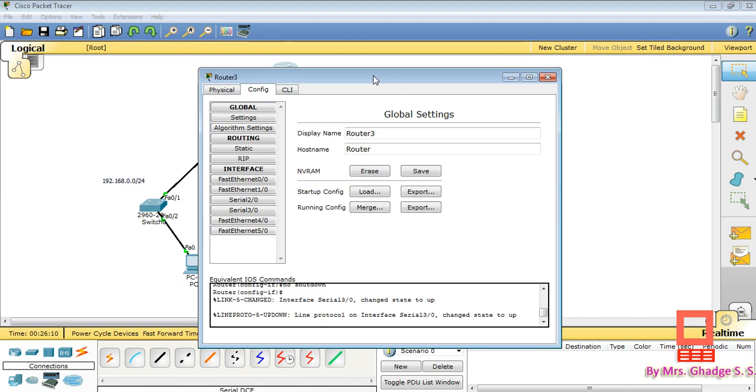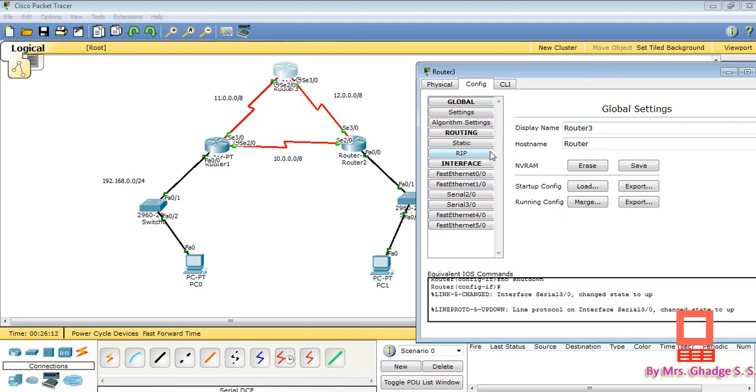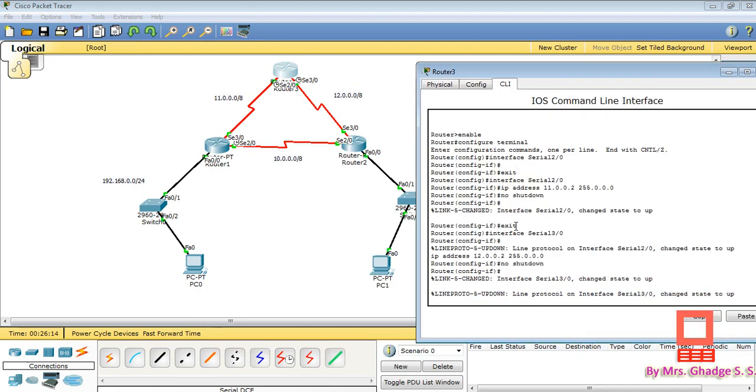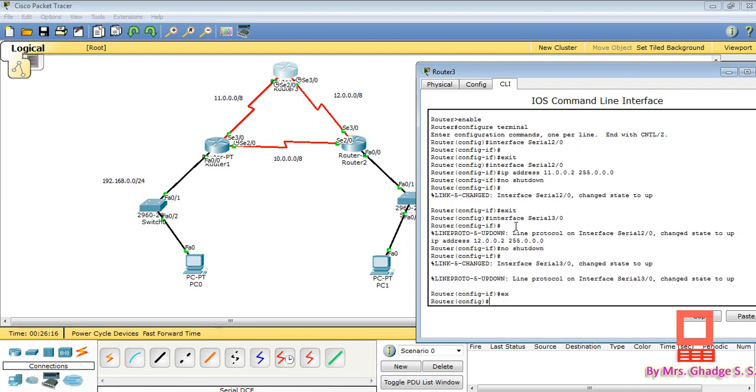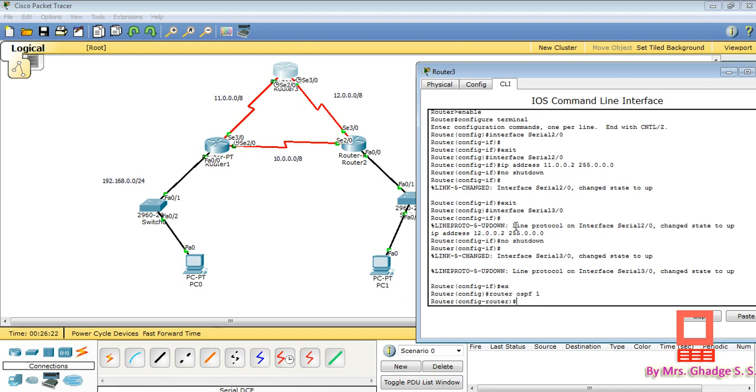Okay, similarly we have to configure router 3 for OSPF. So just click on the router 3, go to CLI. Okay, and write here first command router OSPF 1, then the network command, network. First network is 11.0.0.0.